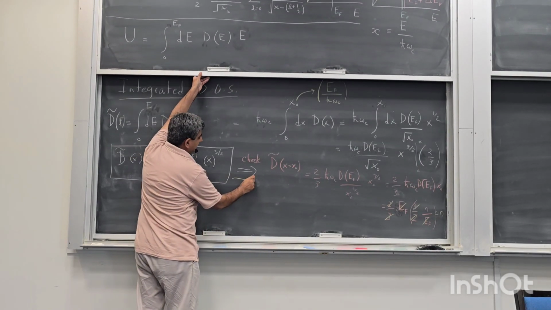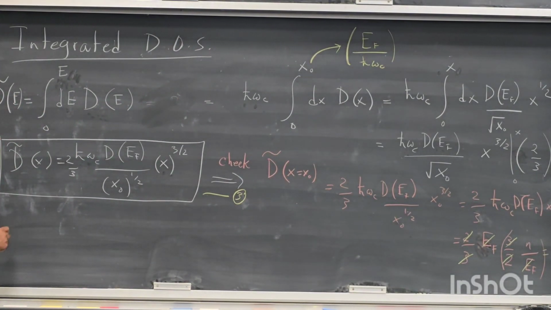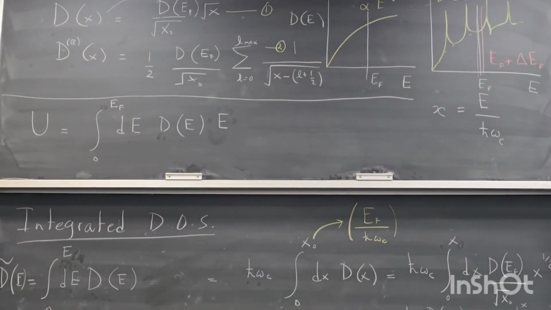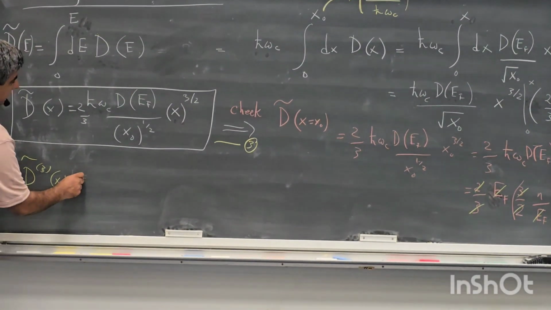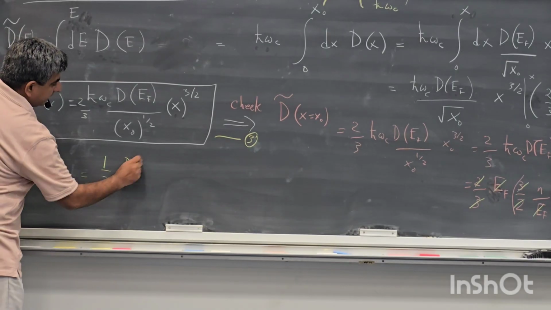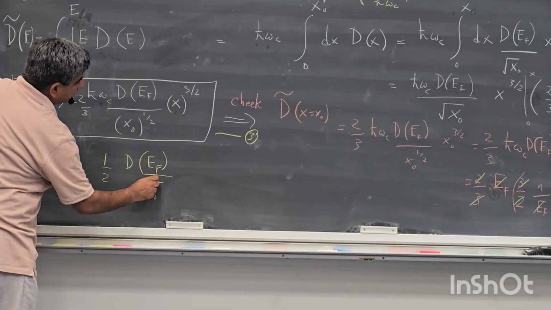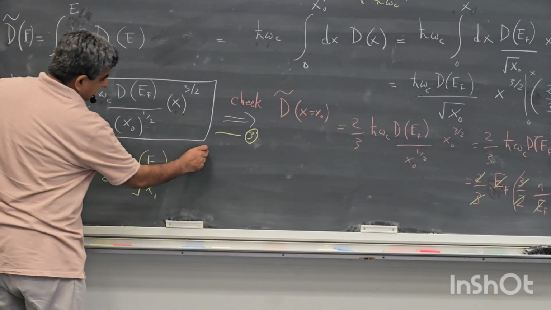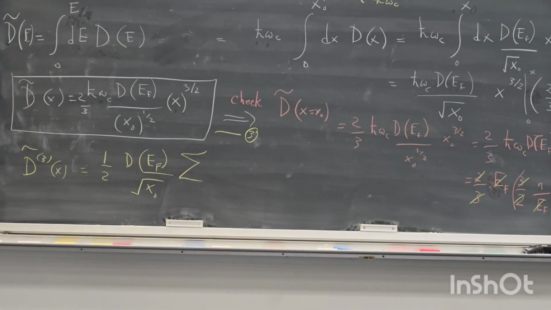This is our equation number 3. So if I integrate equation number 2, I will get D in the presence of a magnetic field, integrated density of states, which is half dEf over x naught square root. The summation sign, we know what L max is. Now we want to integrate,